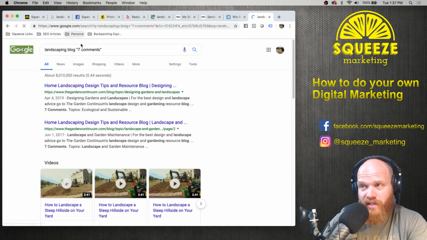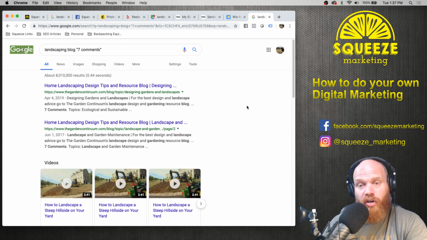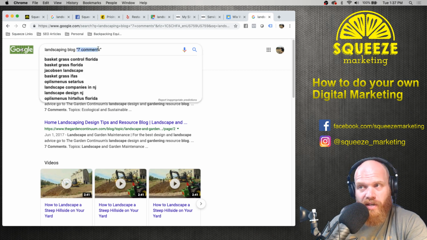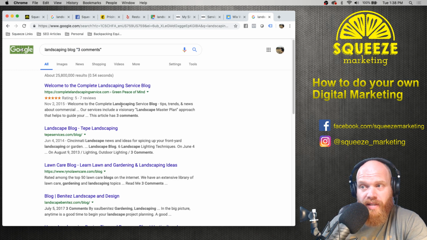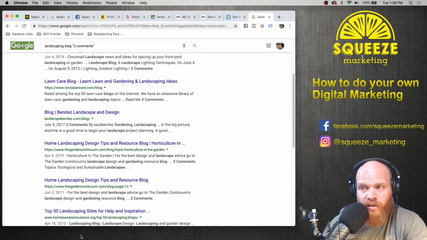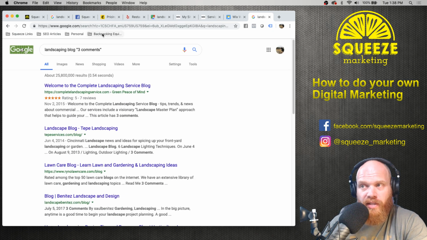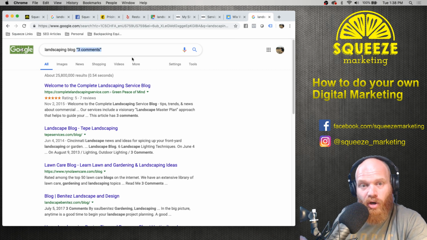This means the page it returns must have that. You can change the number to whatever you want, like 3 comments, but it's almost always going to show up as other landscaping blogs, because those are the articles that happen to have comments. That little comments trick is a hack to only get blog articles in return.